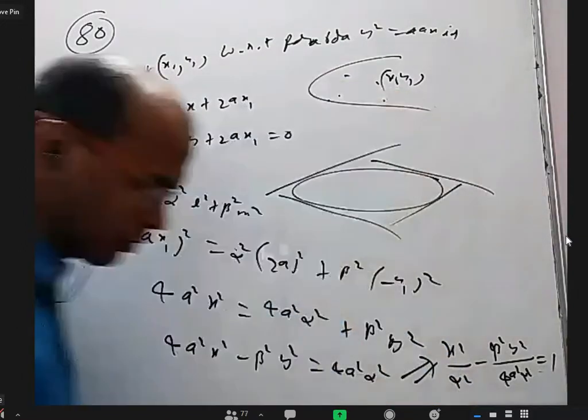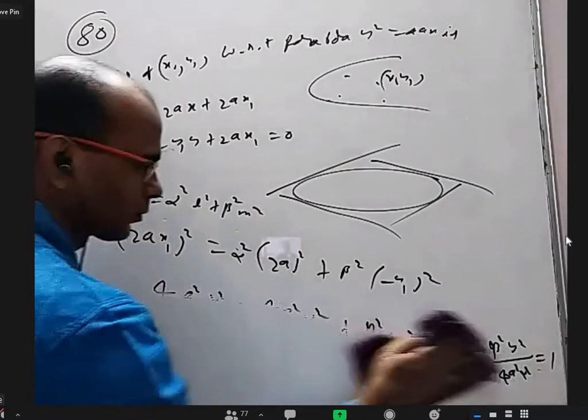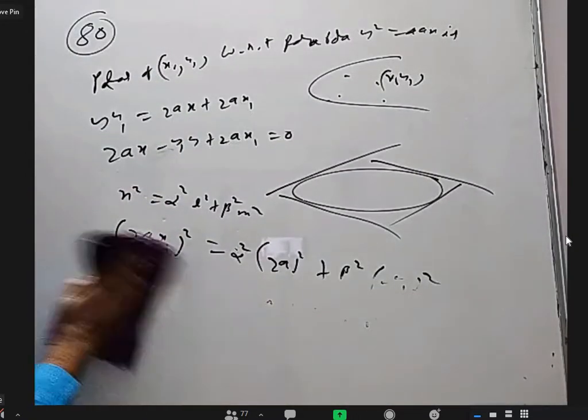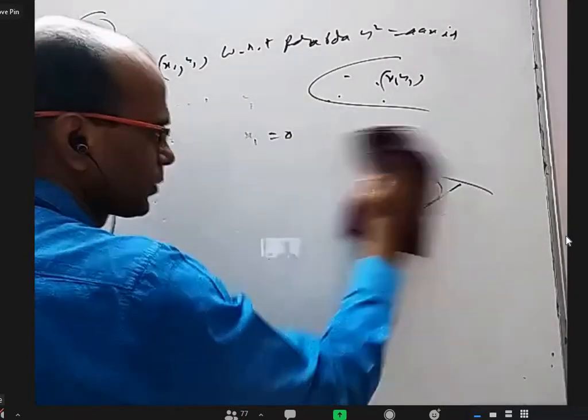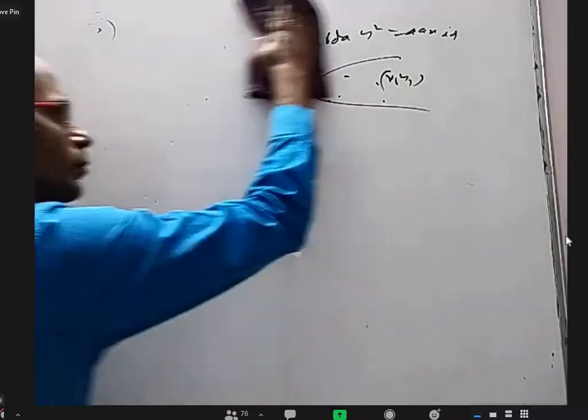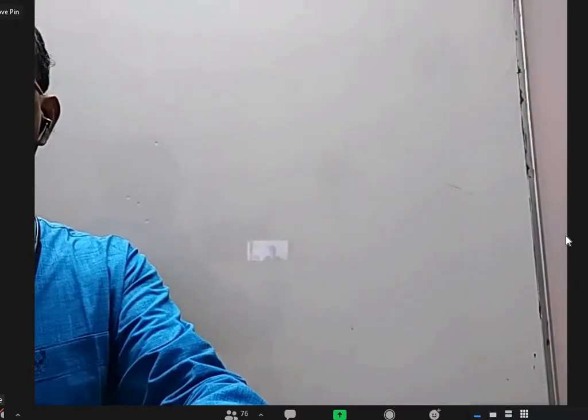Sigda, till which question you tried? Sir, me? Sir, up to 75. Okay. So yesterday you have submitted homework or not? Yes, sir. All homework, sir. Okay, we'll go further. Please try to complete numerical questions, everybody, including everything, by tomorrow. Tomorrow we'll discuss all doubts. Is it all right? Yes, sir.